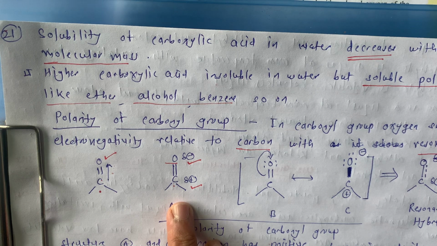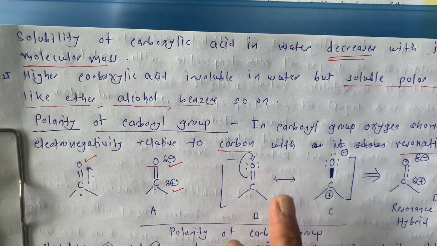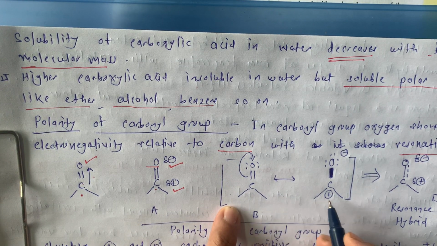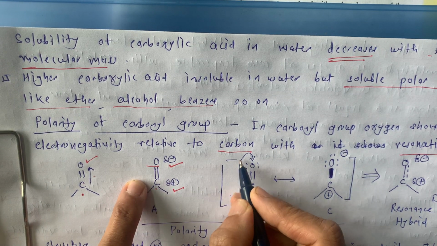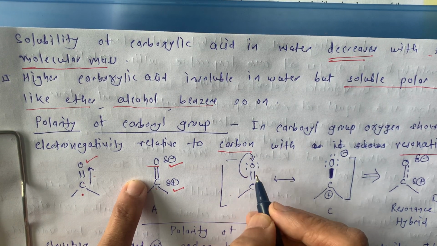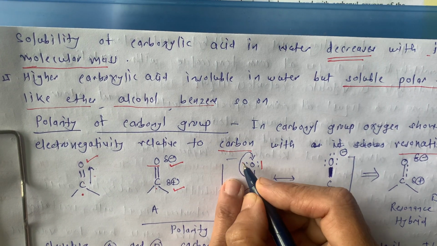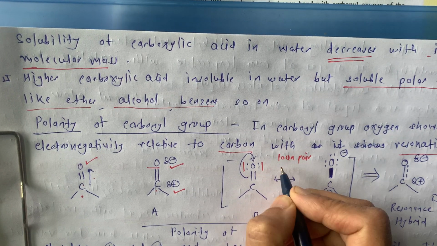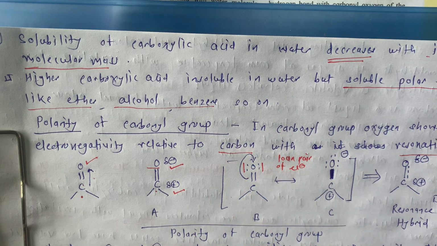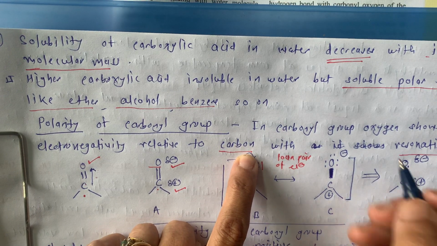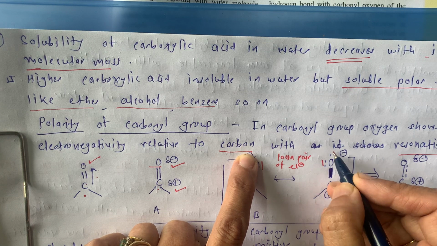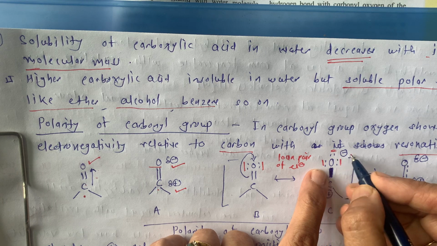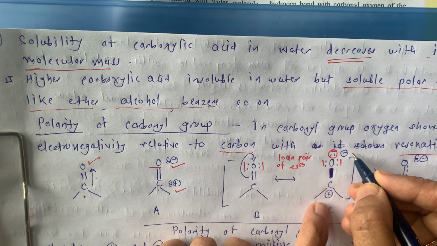We know that in resonating structures, we move the bonds. So now to study the resonating structure, we are going to move this bond here. Already there are two lone pairs of electrons on the oxygen. If we move this bond over here, there is formation of three lone pairs of electrons. And so this extra pair will give a minus charge.